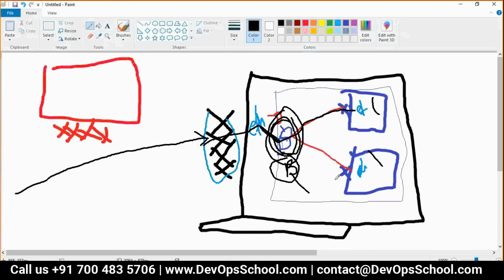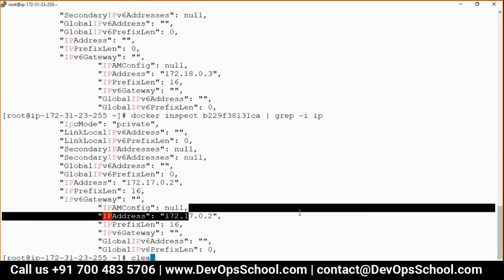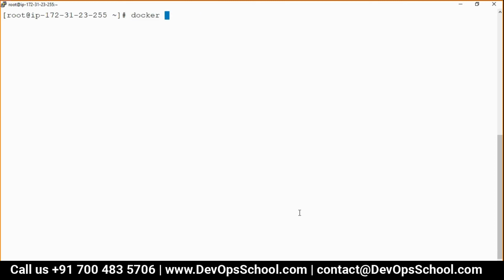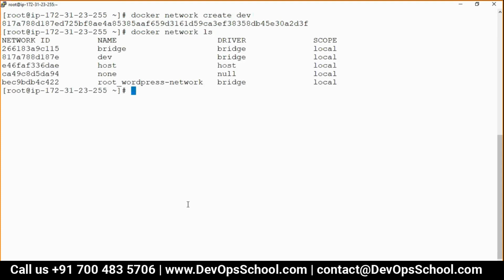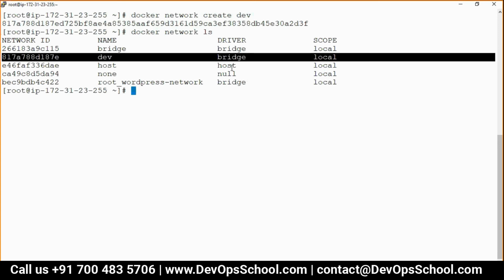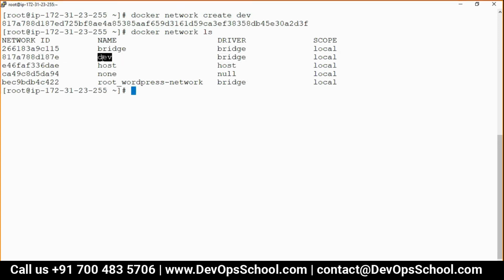How? Let me prove it. I want to create one network. Docker network create raju-dev. Done. Guys, I created one bridge. Docker network ls. See here, I got raju-dev, bridge type. Now, can I create a container inside that network?